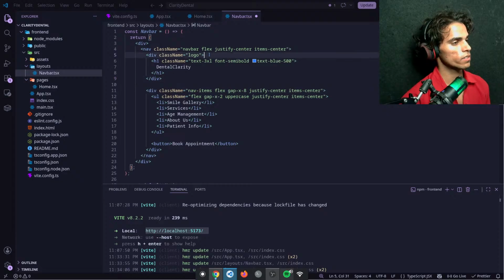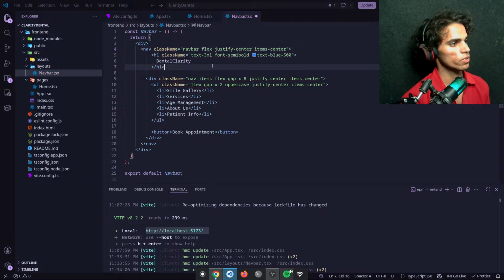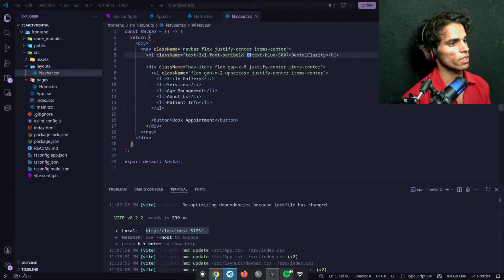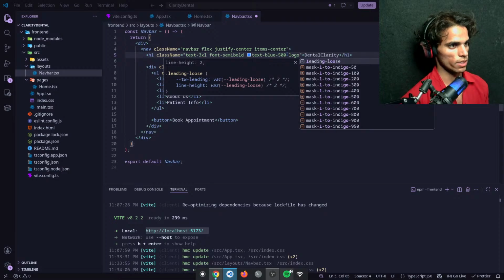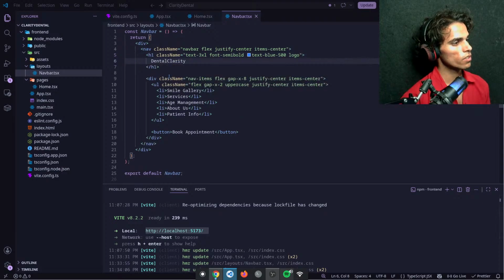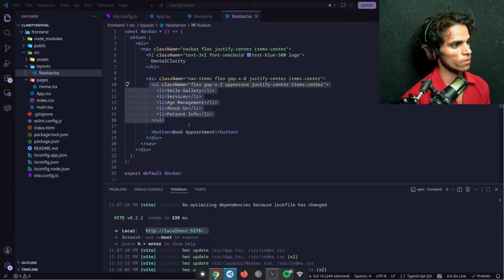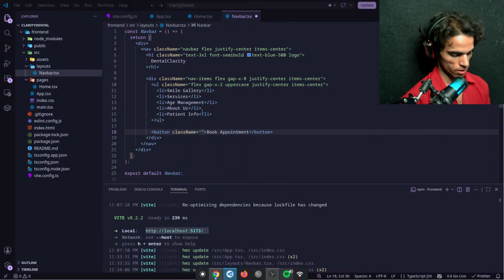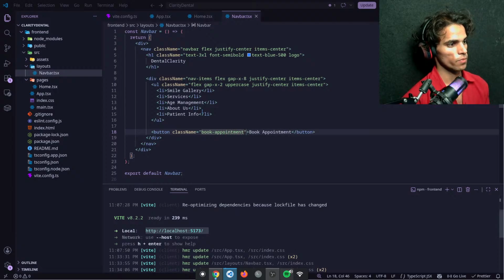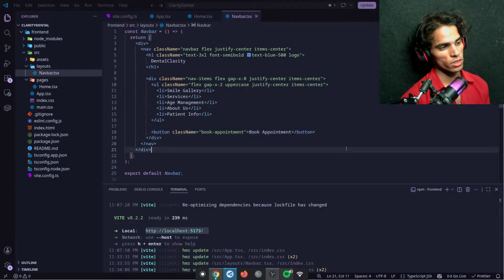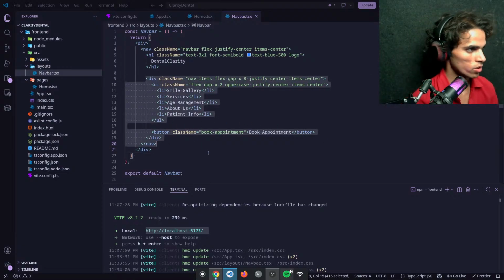And rather than, why not write this, why do we need a div for this, and I will name it logo directly. And then we have this which we will call nav items, and I will name this class name book appointment, and we can also use a component. Okay, but for now I just want to keep it.